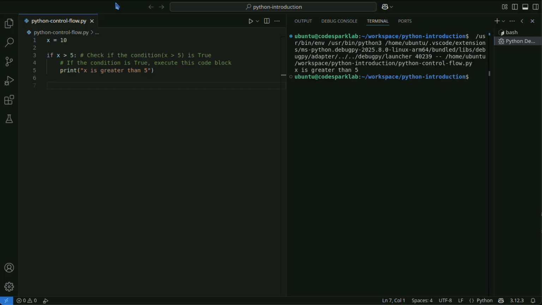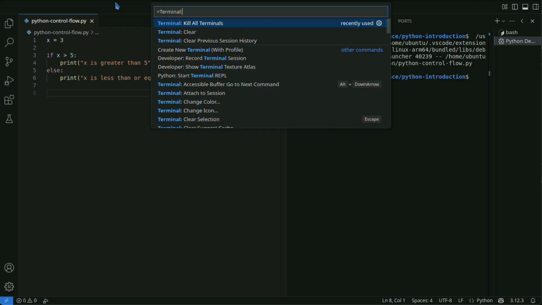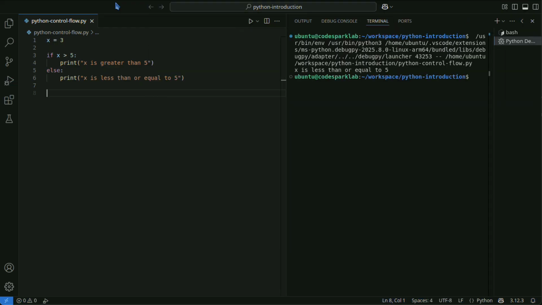Using else after an if statement allows you to specify code to execute when the condition is false. In this example, the output will be "x is less than or equal to 5".